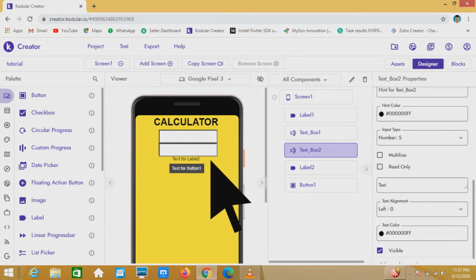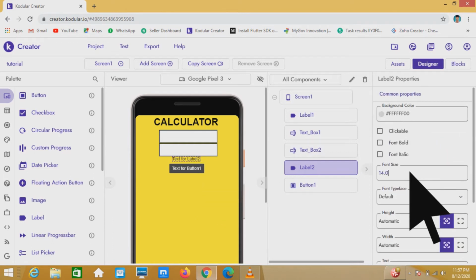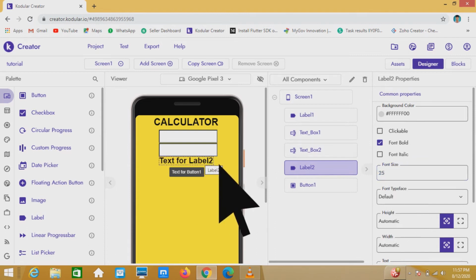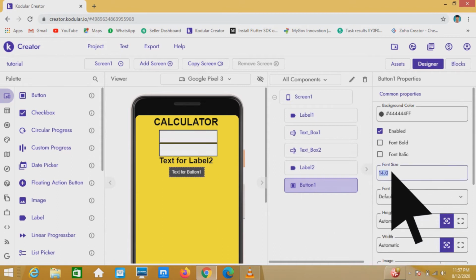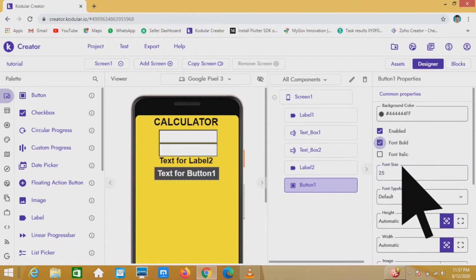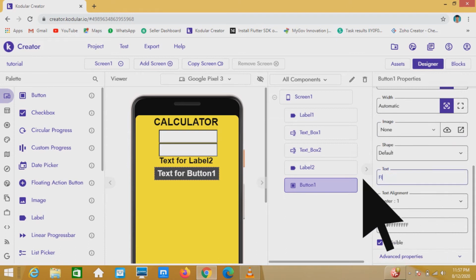and the result will be printed on this label. So I am going to change the size of it to 25. I am going to make it bold. Result will be printed here, and I am going to modify the button. So button 1 I will change the font size to say 25. I will make it bold. I will change the text to say find sum,